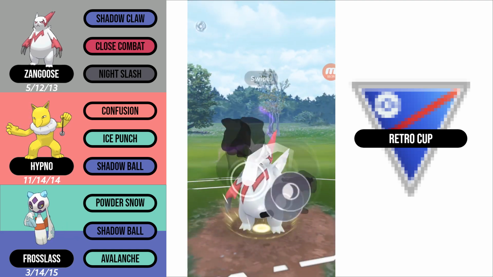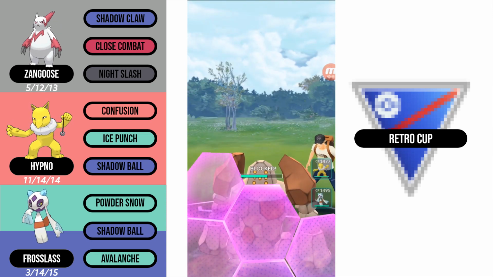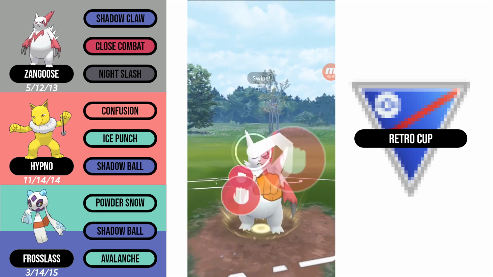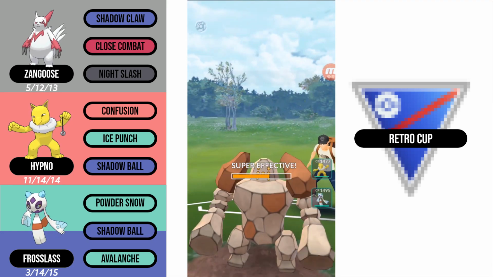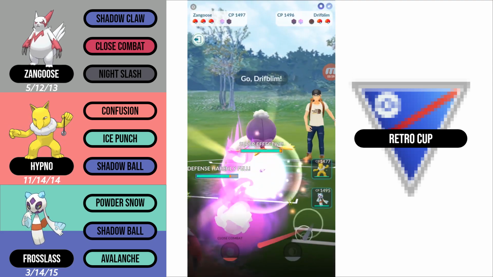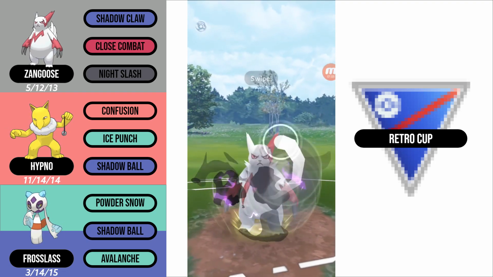I'm going to build up to the amount of energy where I can stack a Night Slash and a Close Combat. They shield the Night Slash, and I go for a Close Combat right away. This gives the impression that I'm going for a double Night Slash, and my opponent doesn't shield. And they bring in a Jirachi Bloom when their Regirock goes down, which means whatever's in the back is super weak to